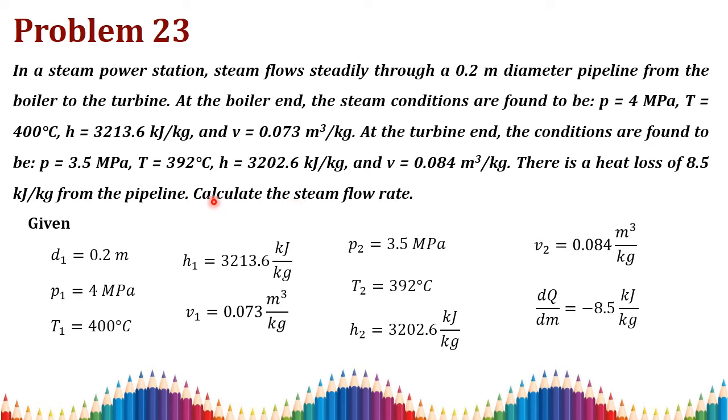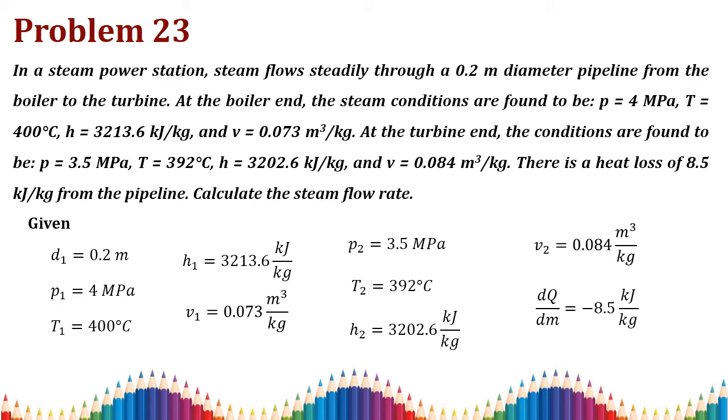Here in the problem they have mentioned the boiler and turbine, but they have given only the diameter of the pipeline. They are considering only the pipe section, not the boiler or turbine. So don't get confused here. They have given a practical application, but we should not assume it is a boiler or consider it a turbine. They are parts lying before and after the pipeline.